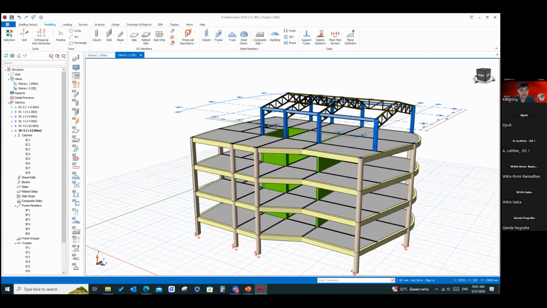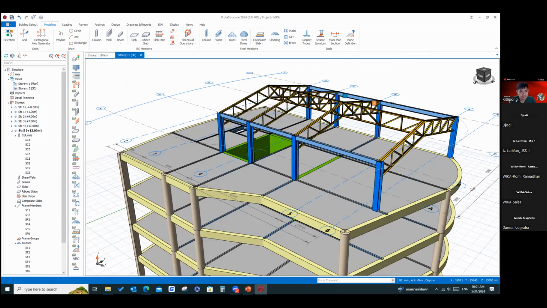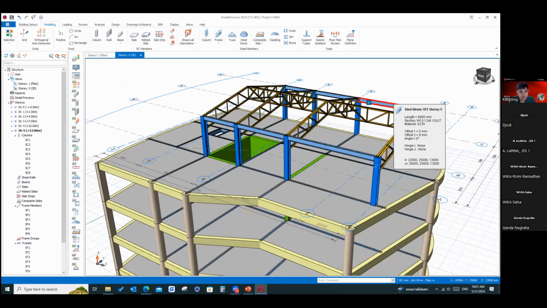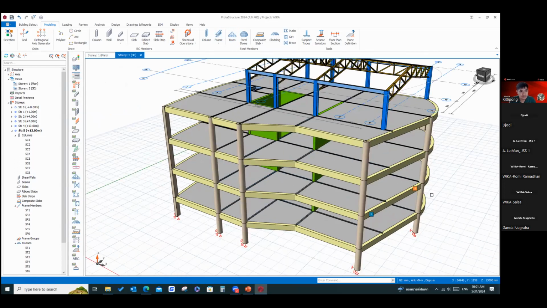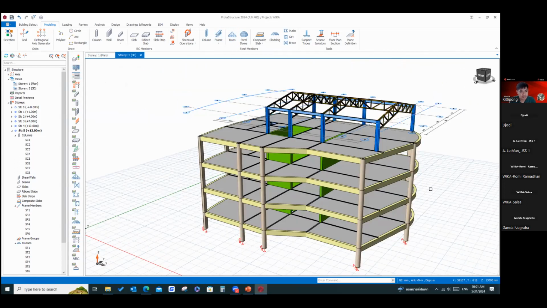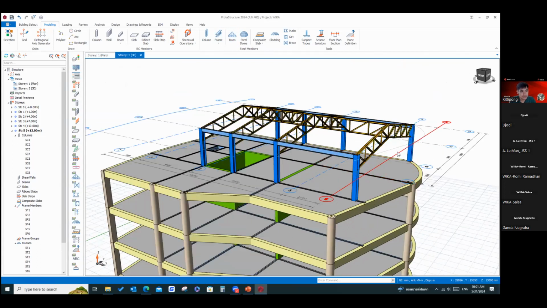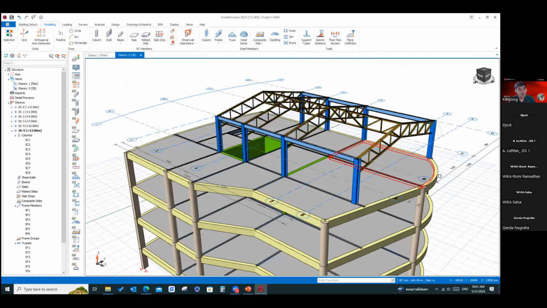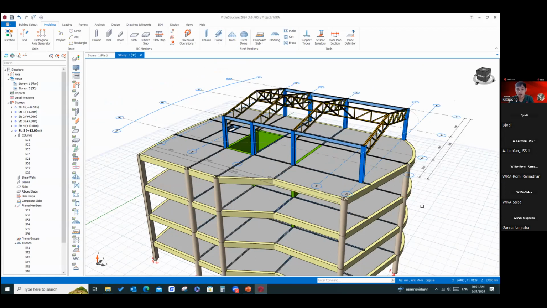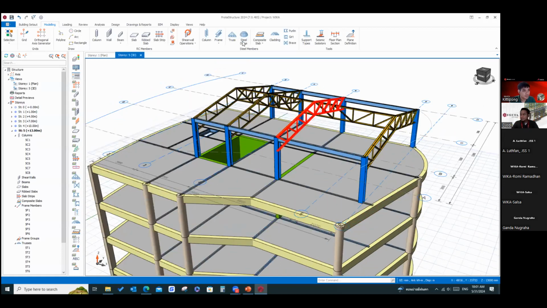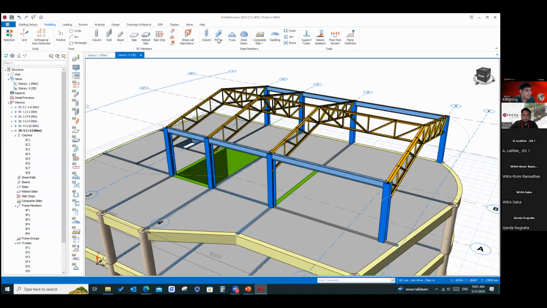Mr. Kitipong, sorry. Yep. How about the foundation? Can you also add the foundation, maybe soil and base isolator, maybe? Okay, for the foundation, you have to analyze the whole model to get the reaction before inserting the foundation. Just wait for another 10 minutes. I will come to that.